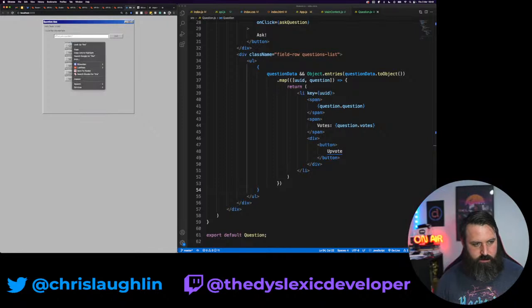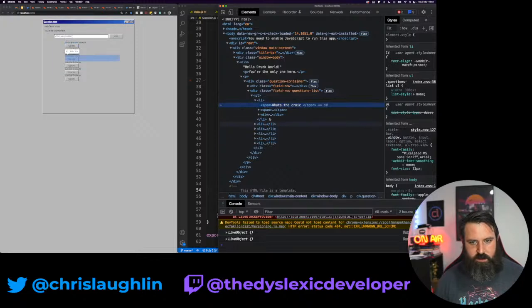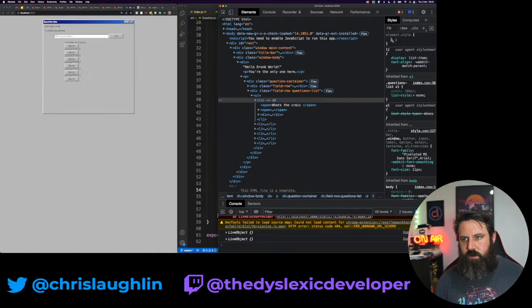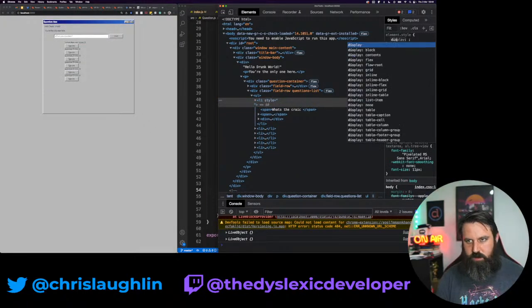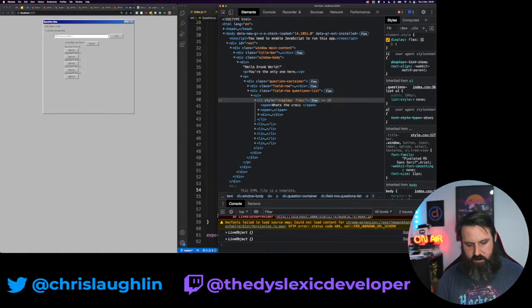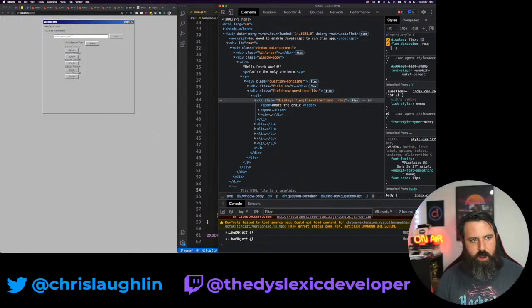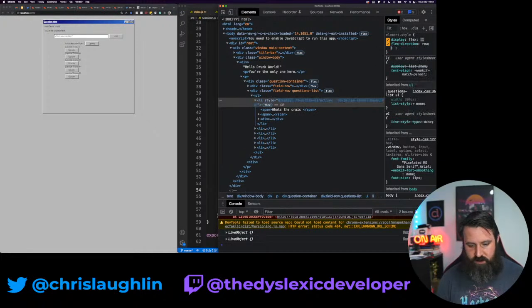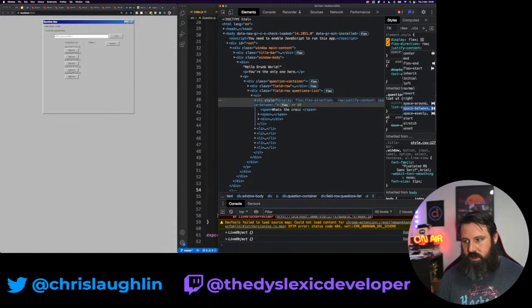So we actually refresh, make sure we got the latest. We inspect this. Yeah, so now we have 2 spans and a div. So I can do display flex, direction is, well, it's defaulted to row, but I'd be explicit. It's a row. And is it align items space between? No, it's justify content space between.